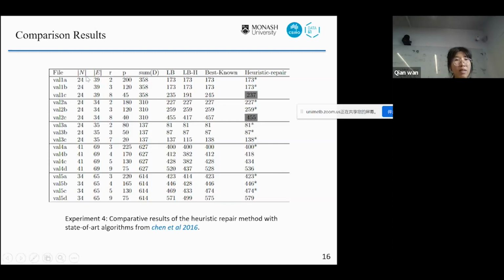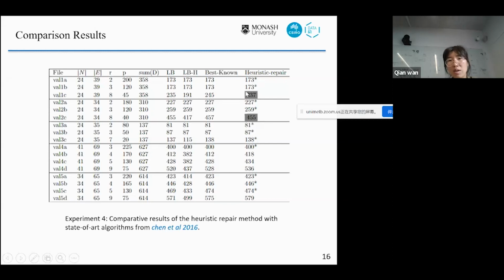The columns N and E are the numbers of vertices and edges, R is the number of vehicles involved in the problem, Q is the capacity of the vehicle, and sum D is the total demand of the demand edges, and LB is the lower bound obtained from the literature, and LBH is the heuristic repair technique's lower bound, and the best known are the best results reported in previous capacitated arc routing problem literature, and this heuristic repair technique solution is